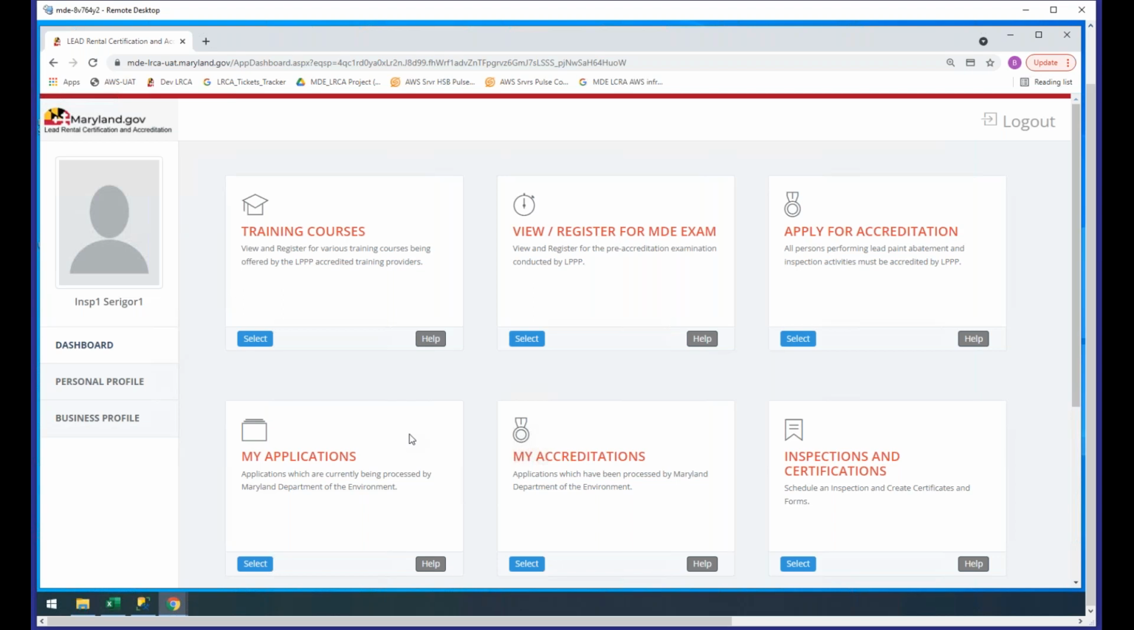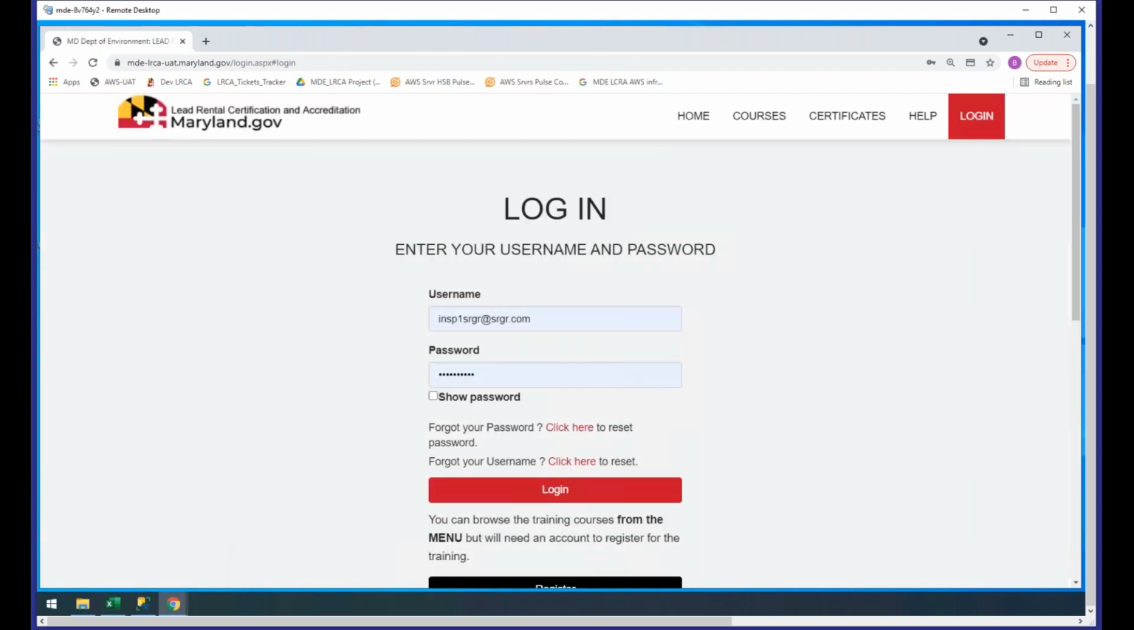So this is the workflow for an individual accredited user. These are the major workflows which I plan to cover for an individual accredited user. Now I will show you how to create a profile